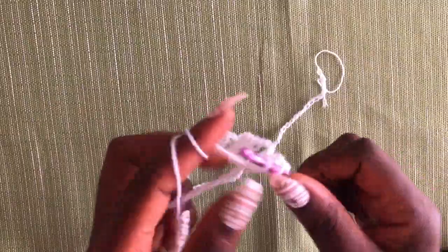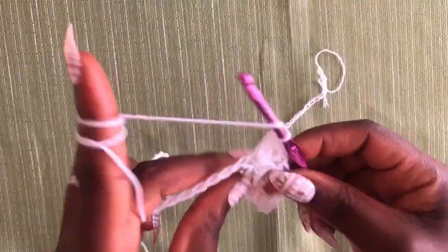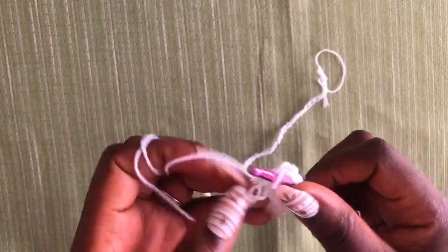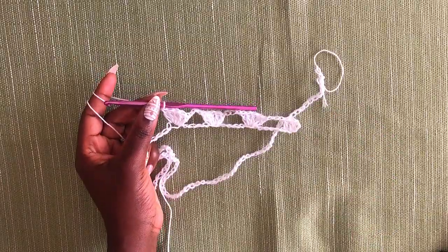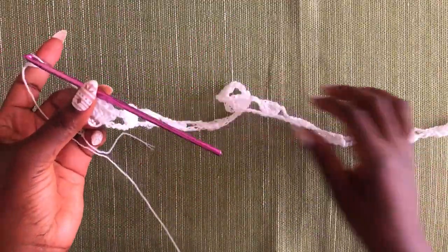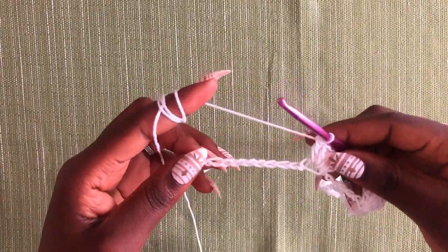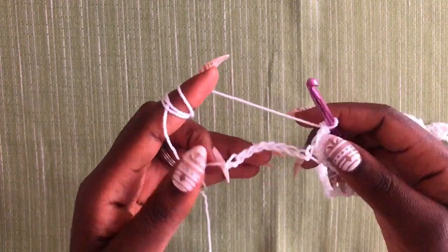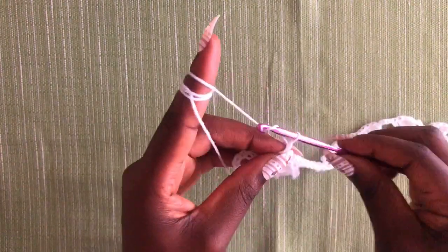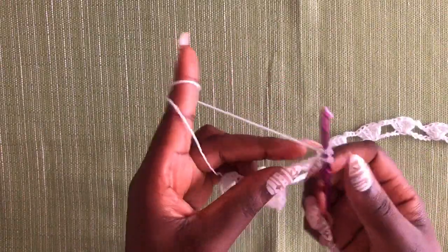3, 4, 5, like that. So this is it, our row 1. I've reached the end of our row 1, and I have 1, 2, 3, 4, 5, 6, 7, 8 loops left. You're going to again chain 1, 2, 3, 4, wrap your yarn around the hook,